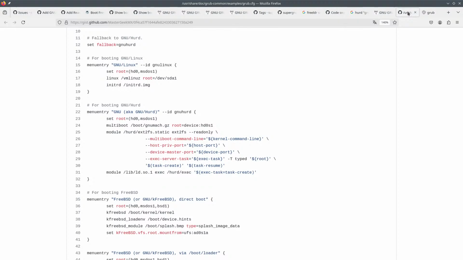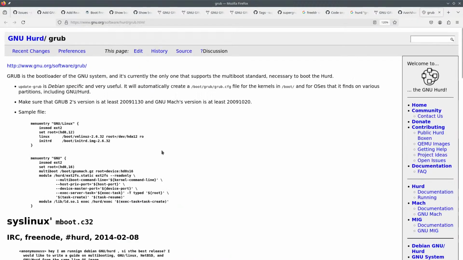I don't know. Update-grub is then very useful. It will automatically create this for kernel boot and OS defines. Okay, GNU Mach, whatever.